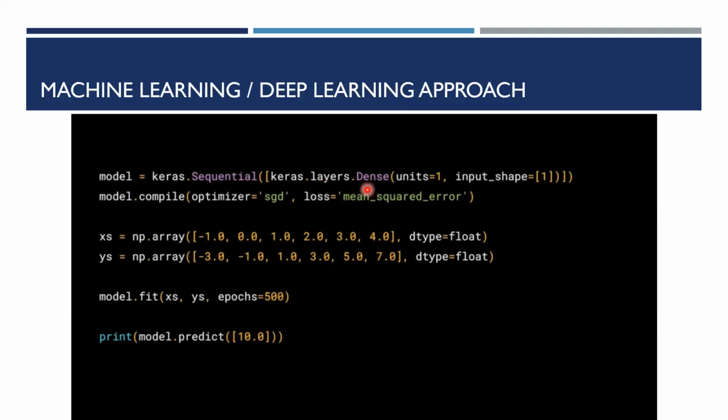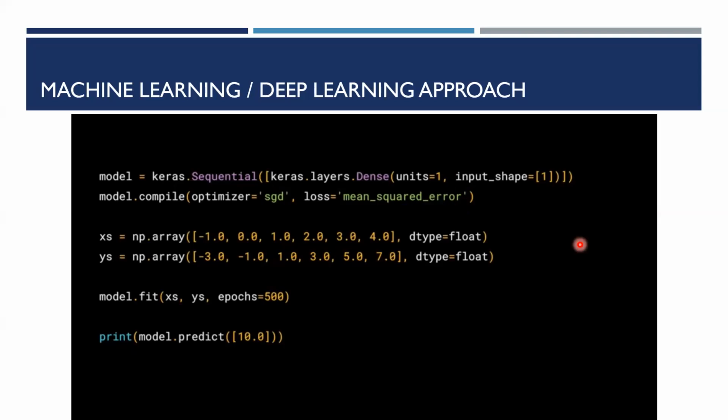Here, Dense is a function again from Keras, where you can design how many neurons you want. What is the nature of the input? How many inputs do you have? For this simple neural network, you are just going to use one neuron, so units is equal to 1, and input shape is equal to 1. In this case, your input is X. You are just giving one input and trying to predict the output. So it is just a single layer.